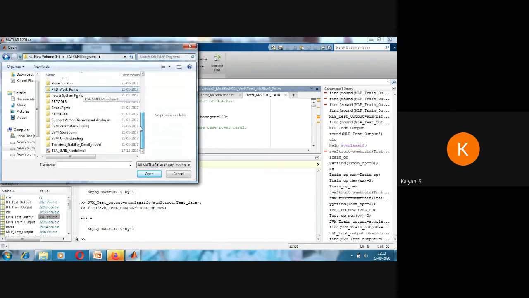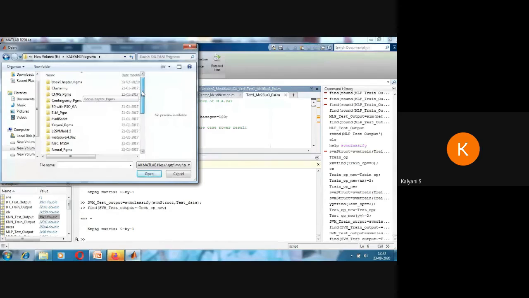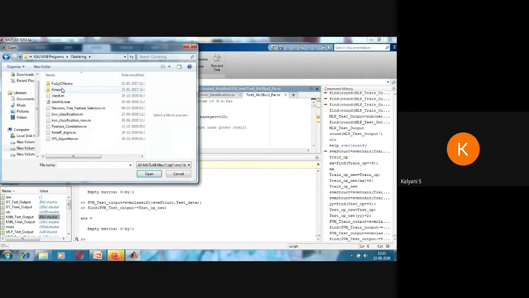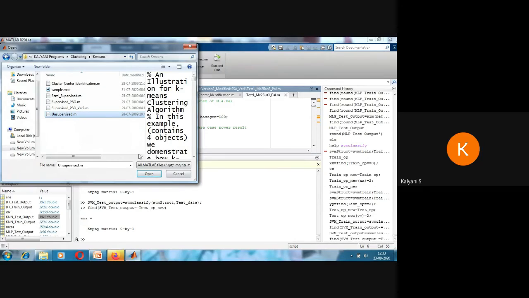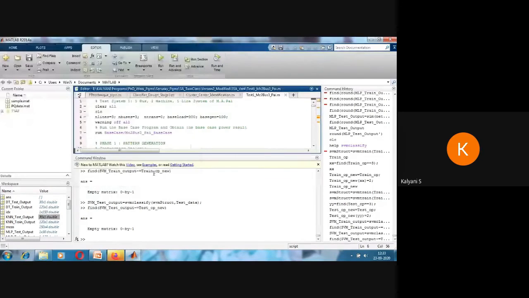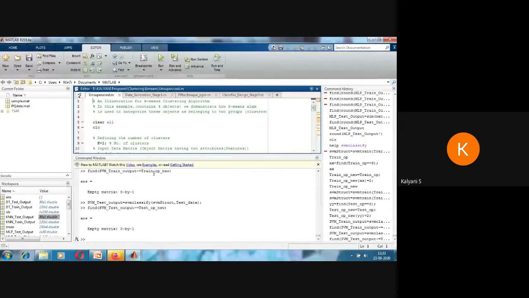I'm searching because I completed my PhD in 2011. Yeah, this is k-means unsupervised. So this is the program for the k-means algorithm. I will not go much into detail. I'll give the basic things alone.